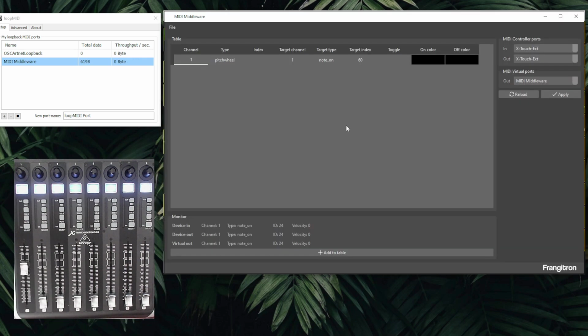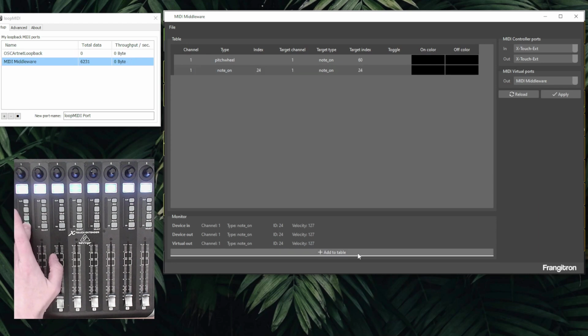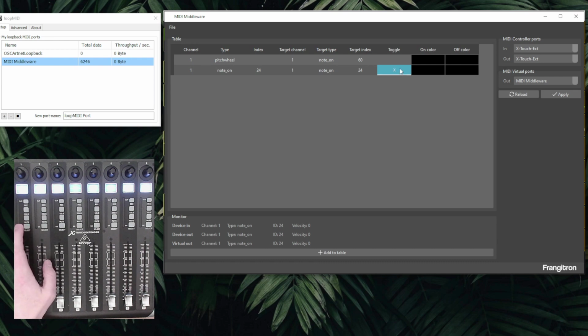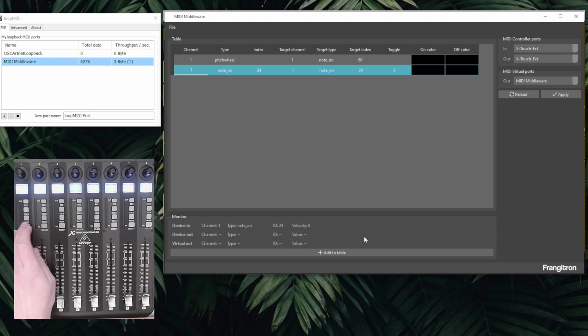What if now I want to use this button as a toggle? I can add it to the table, and I can make it toggle by entering something that is not empty in the toggle column. Now, every time I press the button, the output value is either 127 or 0. In GrandMA,